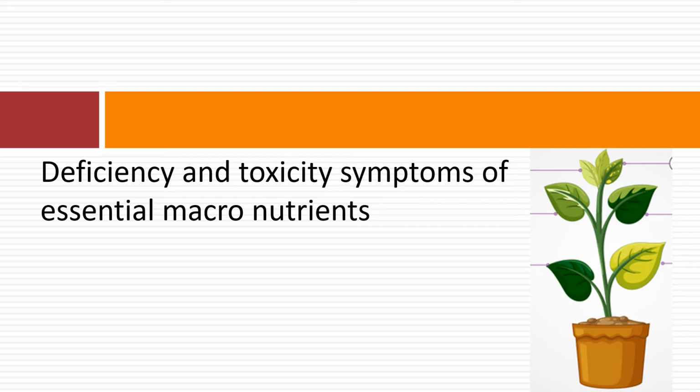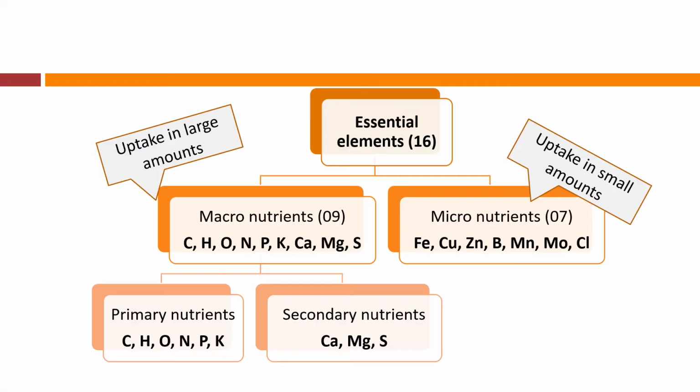Hello everyone. We're going to talk about plant nutrient deficiency symptoms today. So today we are going to identify different nutrient deficiency symptoms in the plant and how we are going to correct these deficiency symptoms. So a nutrient is a chemical compound required by the plant, and there are 16 essential nutrients